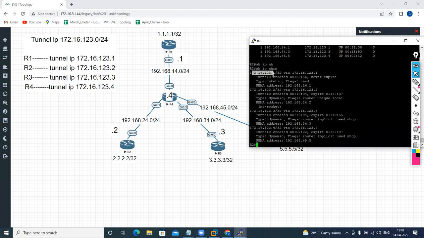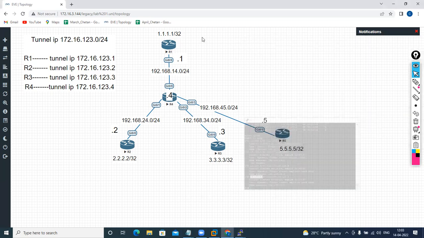We have 123.1, 123.2, 123.3, and 123.4. After 2 hours, if there is no communication between different spokes, it will flush. Again, if you communicate, then it will come back. We communicate first via NHRP, and again the same will follow. Okay. Now we'll move on to